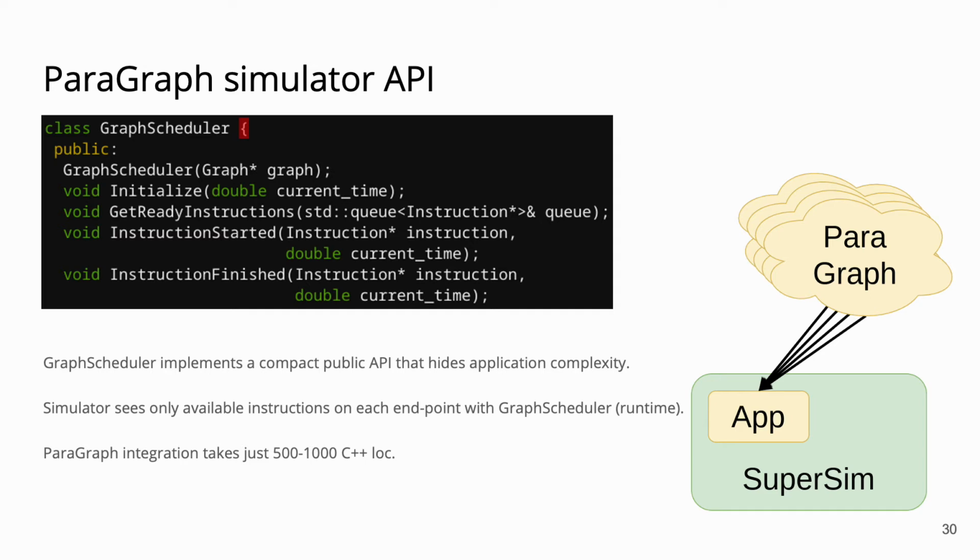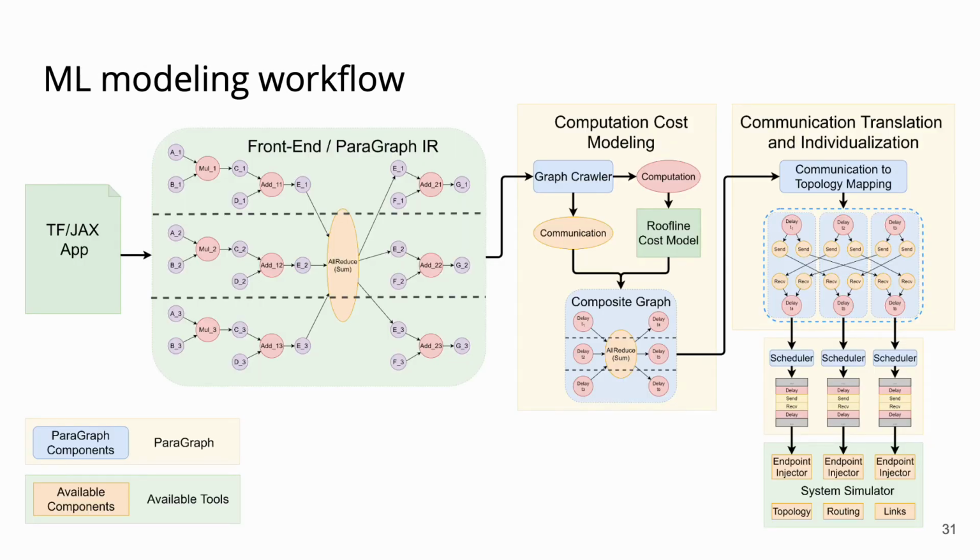ParaGraph does the instruction-related bookkeeping, and at the end of the execution, it logs a runtime trace with execution timestamps for each of the instructions. This scheme illustrates how ParaGraph can build a modeling workflow for a deep learning application. We can pick a neural network training script written in TensorFlow or JAX and compile it with the XLA compiler. ParaGraph uses the compiled representation to translate it to its graph format using the HLO bridge.